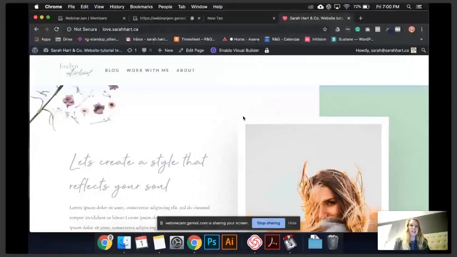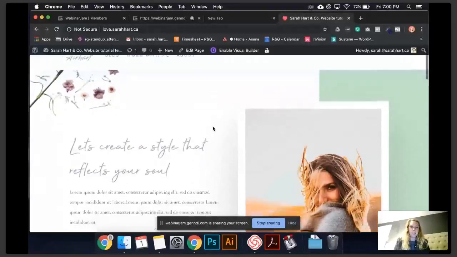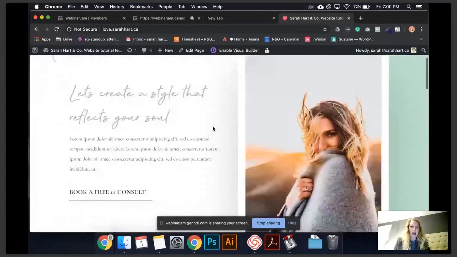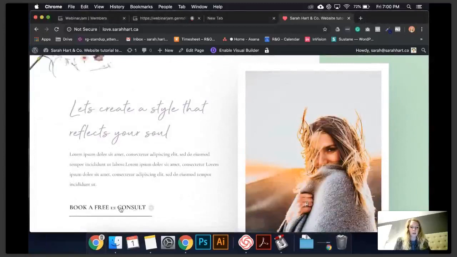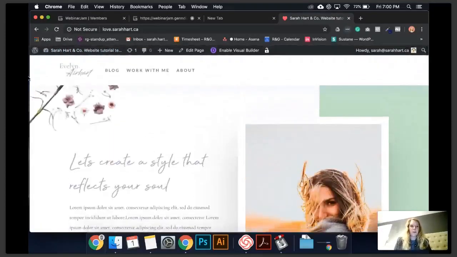Share the screen. Cool. So we are going to be using a website we designed together last month, a couple weeks back, and I'm going to show you guys how to create a pop-up when you click a button, how to create a timed pop-up that shows up on the screen after a certain amount of time, how to create an exit pop-up so when someone goes to exit they can leave, and then also a top banner, like say if you have a promotion